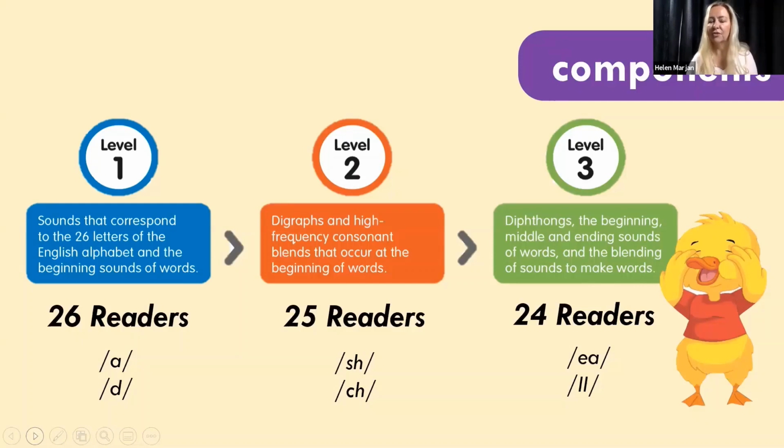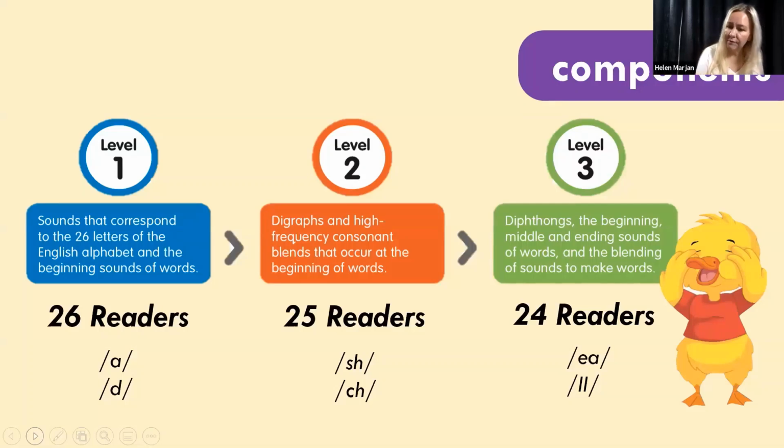At level 2, the children move on to learning the digraphs and the high frequency consonant blends of English. And by level 3, they're learning diphthongs. They're learning beginning and ending sounds, which are more difficult for children to hear and produce. And they're doing a lot of blending the sounds together to make words. So it's progressive.